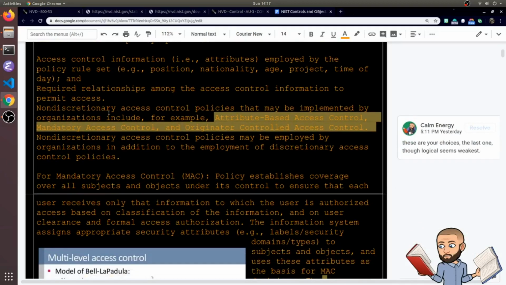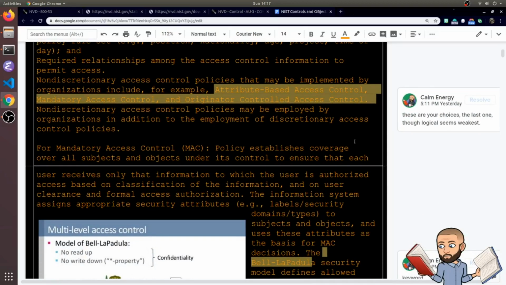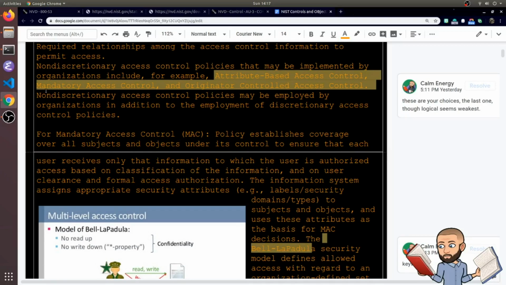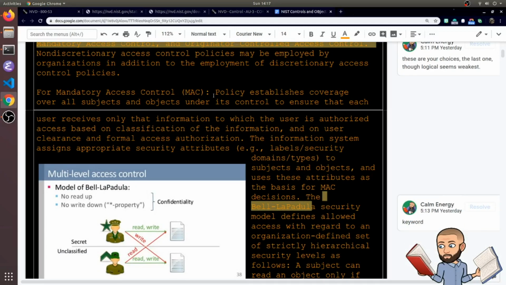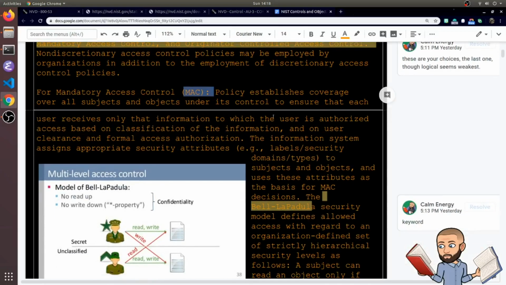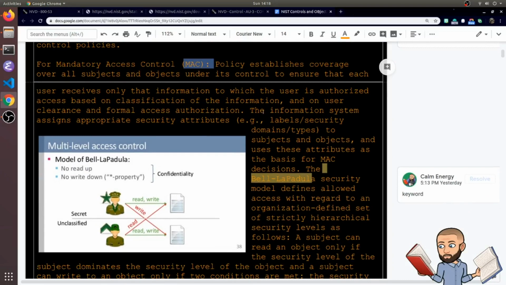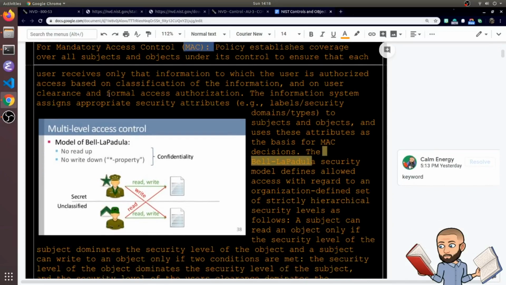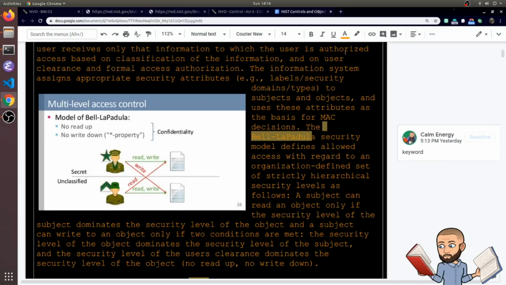But by the time we get down here, they start talking about attribute-based access control, which makes sense. Oh, another type you can have is mandatory access control, MAC, and originator-controlled access control. So, starting with MAC, because it came second in the list, this policy establishes coverage over all subjects and objects under its control to ensure that each user receives only that information to which the user is authorized access based on classification of the information and on user clearance and formal access authorization. So that part's repetitive. As you read on, the term Bell-LaPadula,